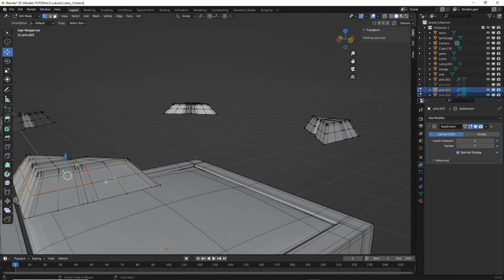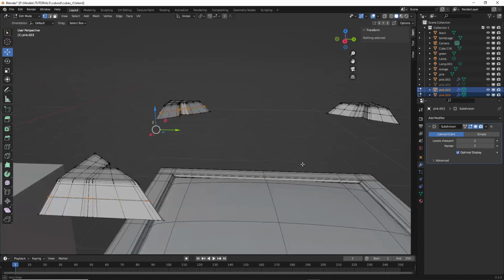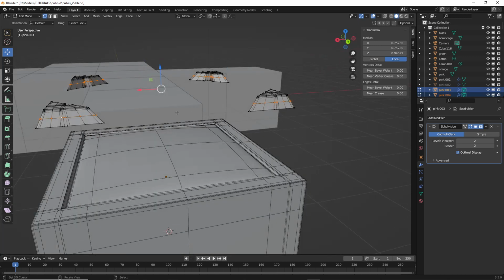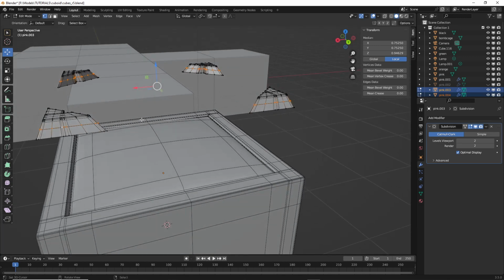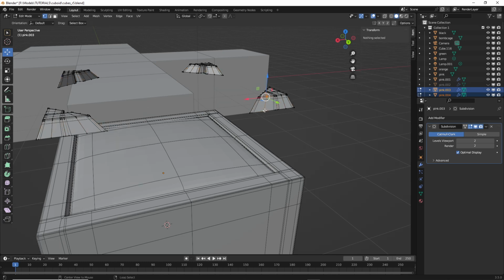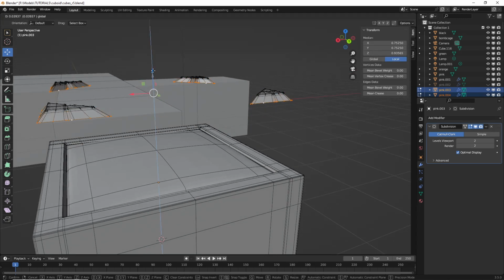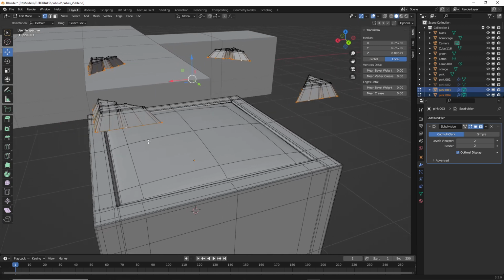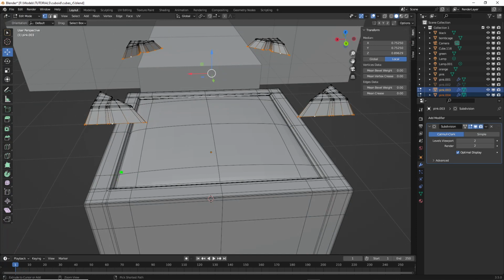What I might have to do, just temporarily, is delete these edge loops. So X, dissolve edges. That's better. Right, so what we did there was, when these were temporarily put into position, this